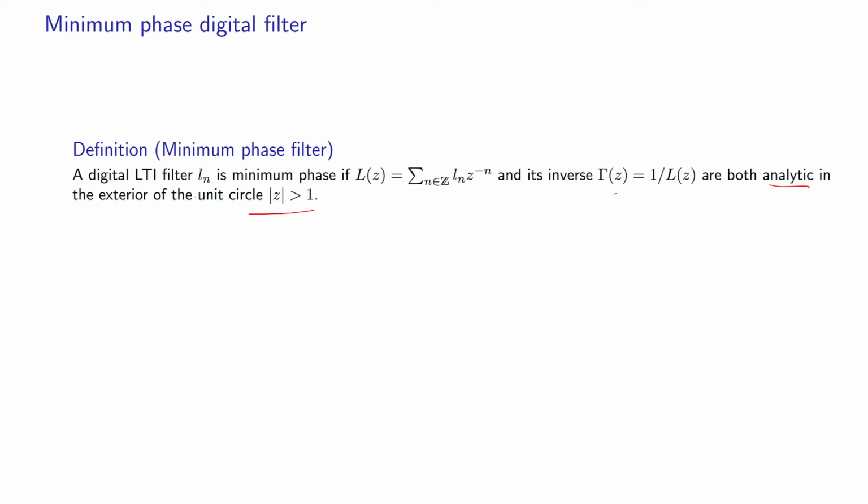For continuous time, they should be analytic on the positive side. So in other words, all the zeros and poles of L of Z, because these want to be analytic, all the poles should have magnitude of Zi smaller than 1. But because its inverse is also analytic, the zeros should also satisfy this. So if all